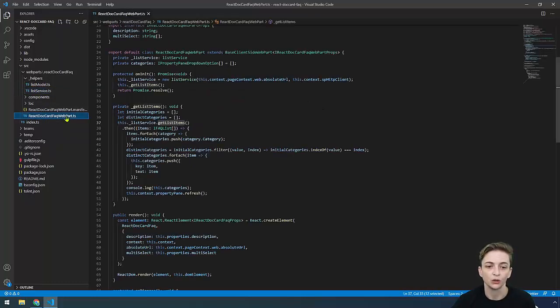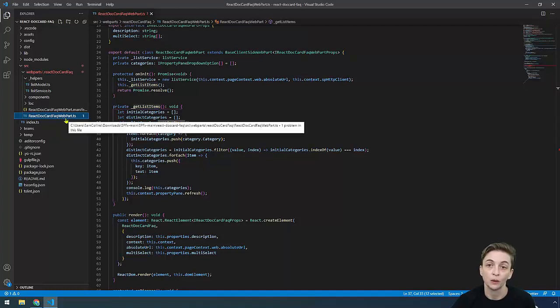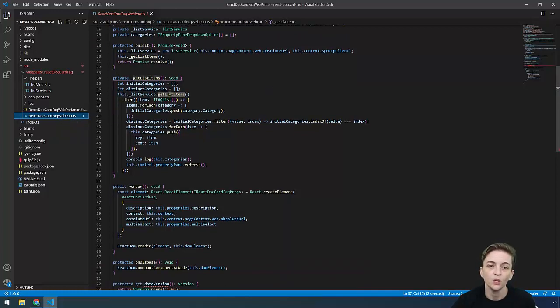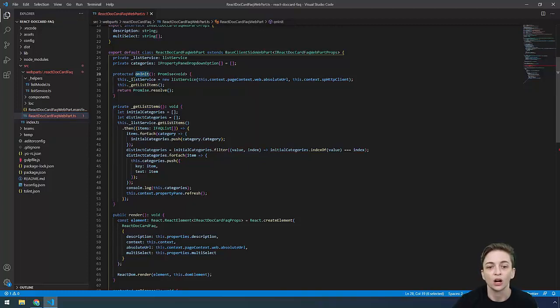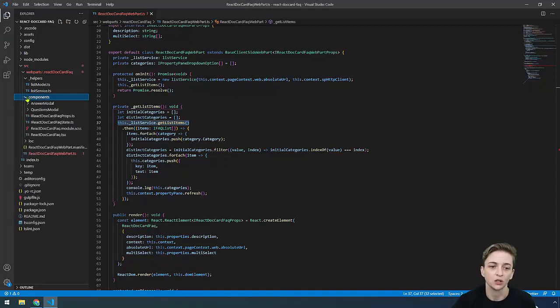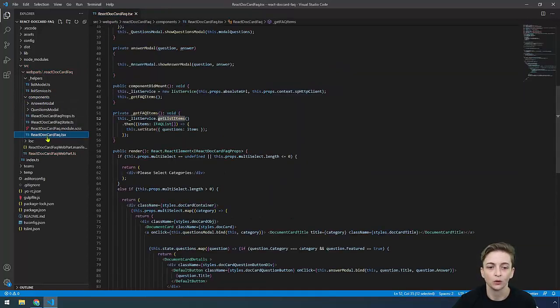First one I want to show you is down in the main webpart.ts. We are setting up our list service in onInit. So we're creating that new list service and we're setting the context with the absolute URL and the SPHttp client. And then we're calling a function, this _getListItems. And in this function, we are calling our list service and then doing some configuration when we get it back. The other place that we are making this call is from our main React component, which is going to be the